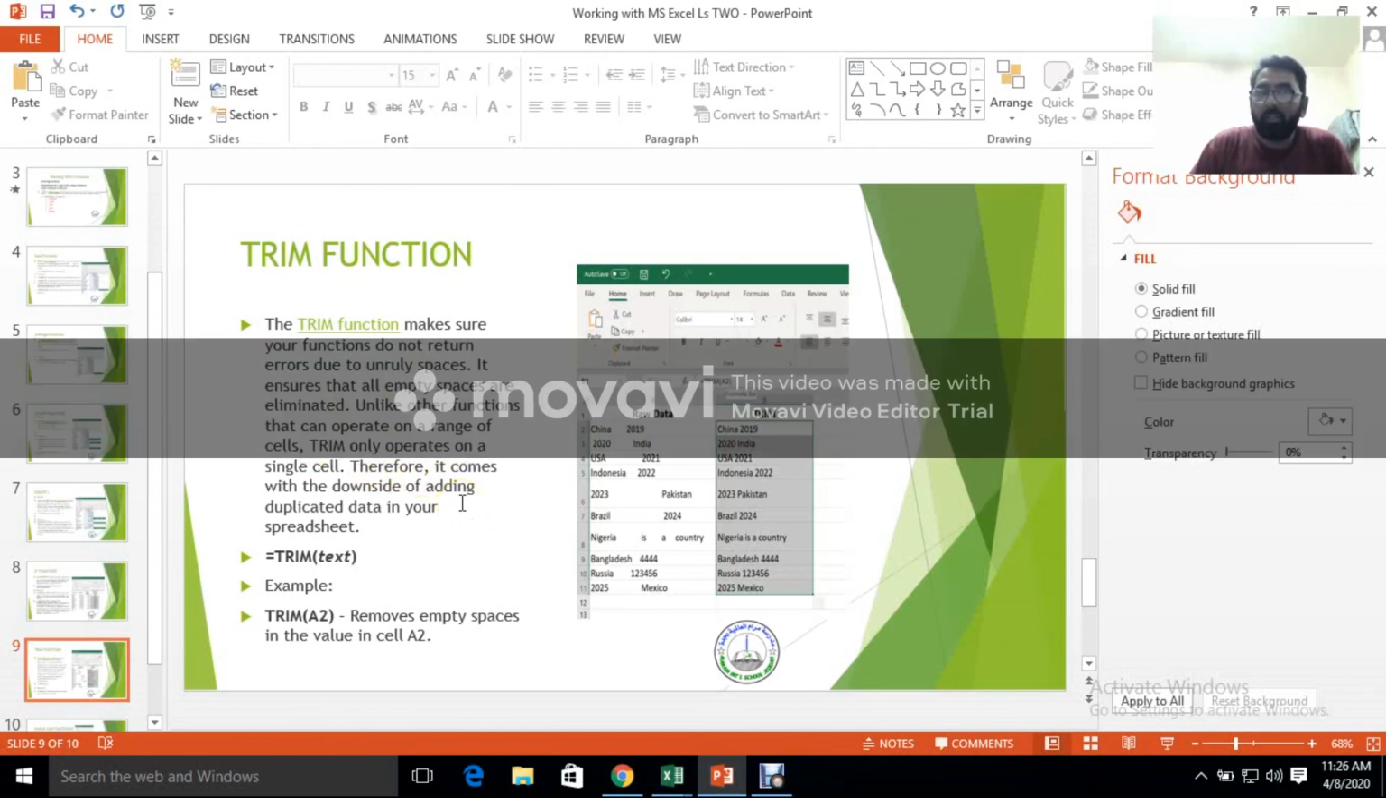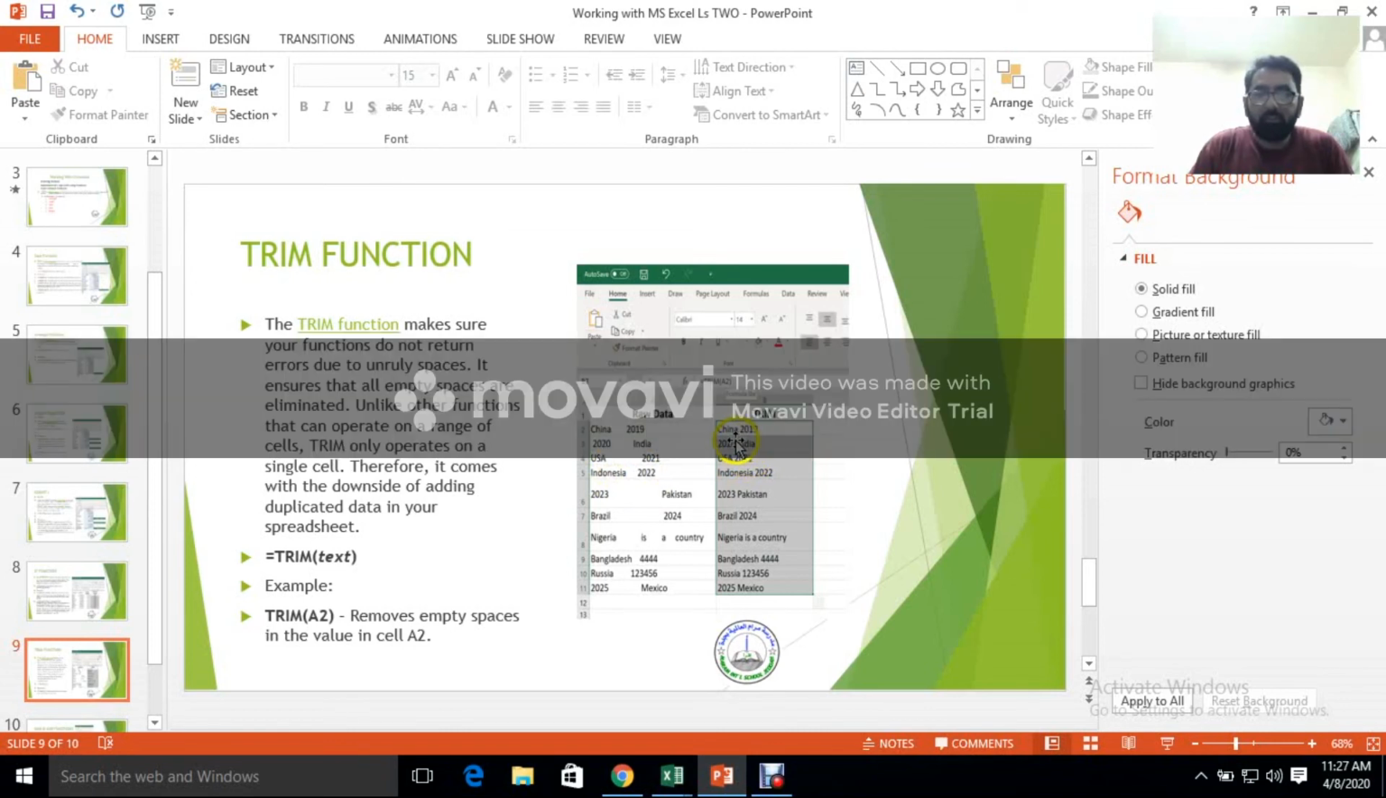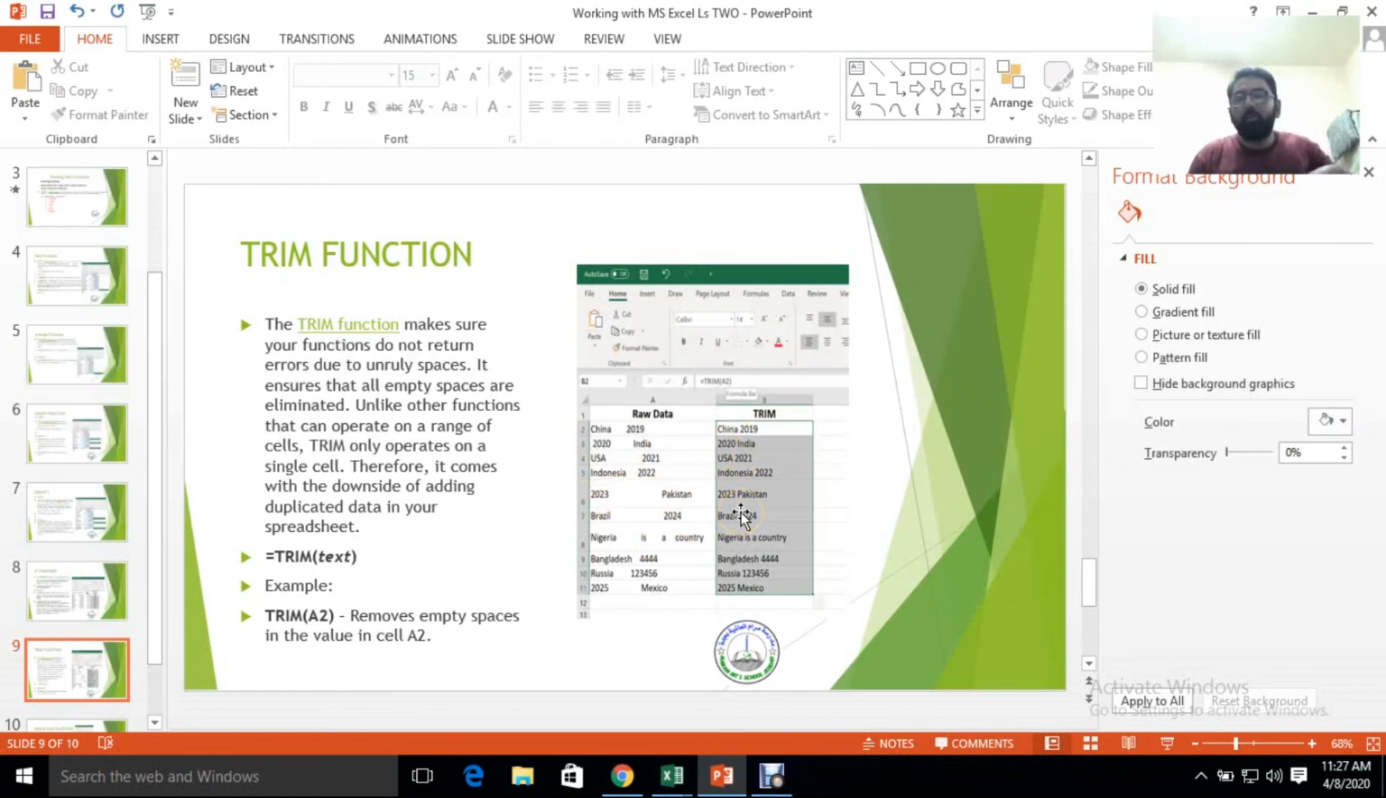Trim only operates on a single cell. Therefore, it comes with the downside of adding duplicate data in your spreadsheet. You will see in this example that there is raw data I am entering here: China, and given the space here, 2019. So I have applied this function here. Then you see here it will exclude the spaces, and it deletes the spaces from here, and it will write China 2009. So the unnecessary spaces which were given will be trimmed off, and then it will show you the